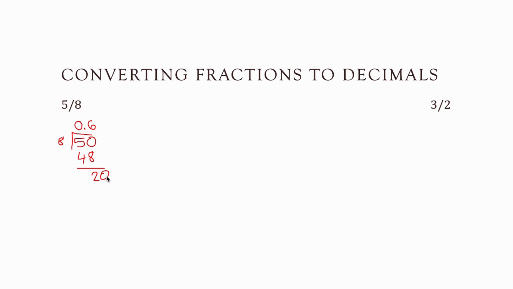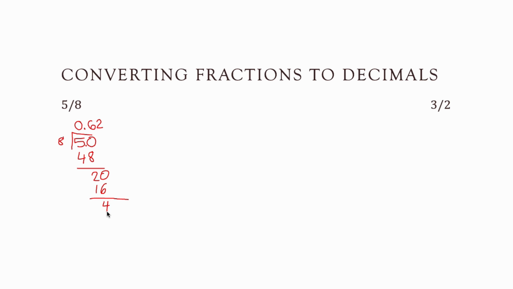But why do we add zeros? Well, since the decimal point is here, we can add an unlimited amount of zeros. And as told in that previous video and another video, which I'll put in the card above, no matter how many zeros you add to a decimal, it's always going to be the same thing, because zeros add nothing to the decimal. So we have 20 here, and 8 times 2 is equal to 16, so we put that there.